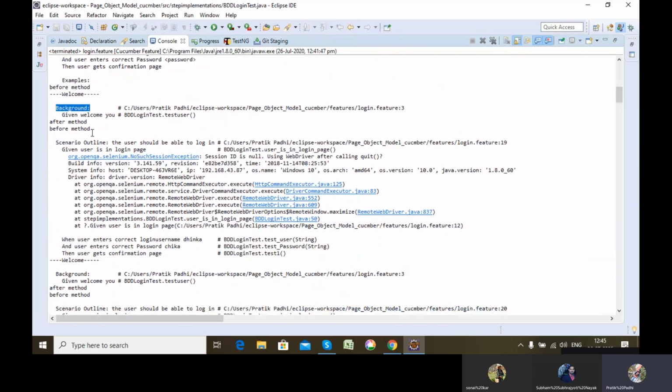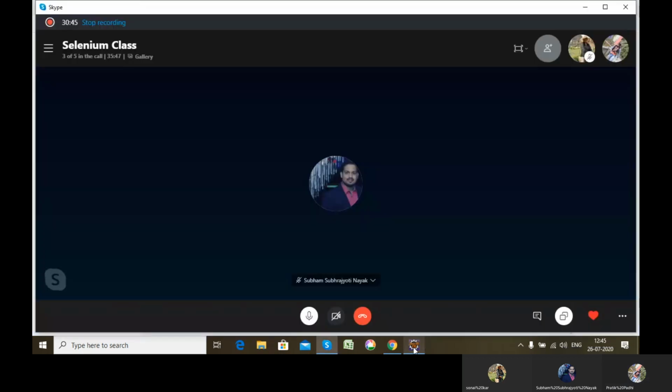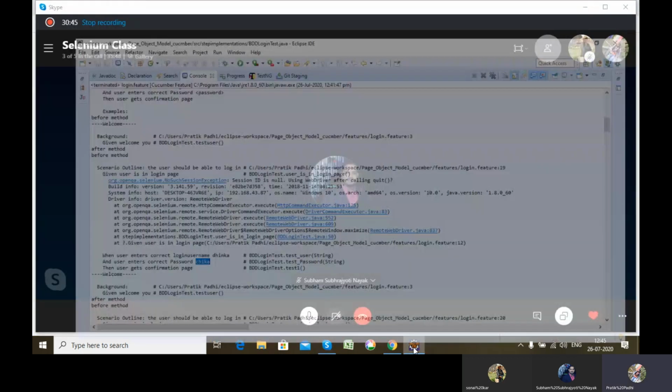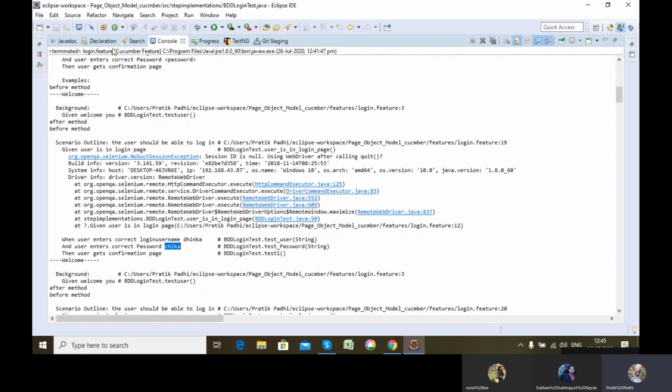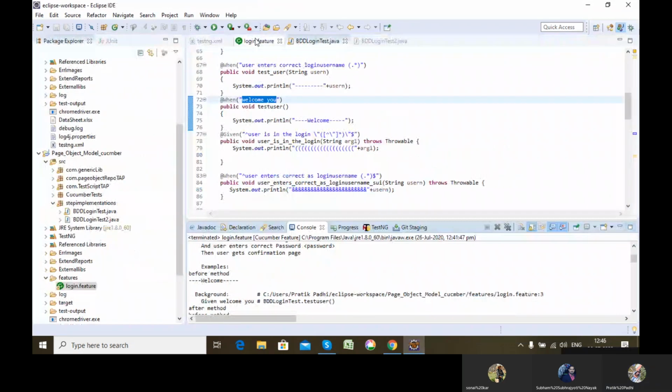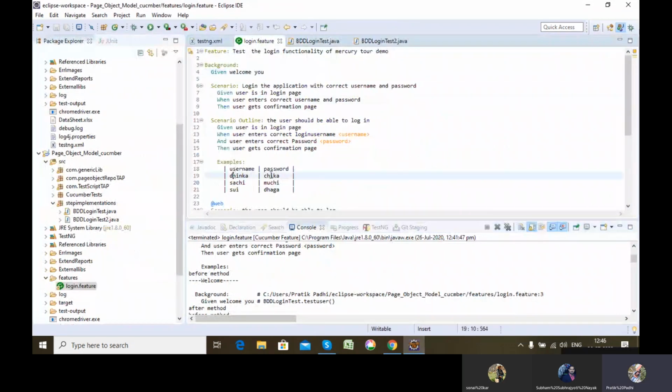So see, here you can see the first set of data is printed. It worked for the first set of data. You can see here in the feature file, my first set of data is this one and this one. So it got executed for my first set of data.